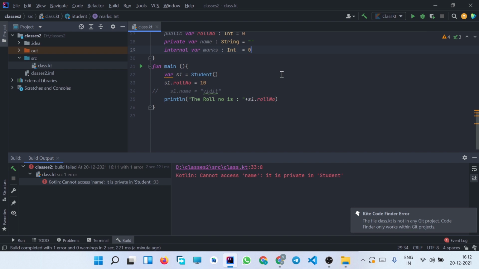Internal basically means that it will be available inside the same module, and module here means a group of files that are compiled together. So the attribute which we have declared using the internal keyword will be accessible inside the files that will be compiled together.